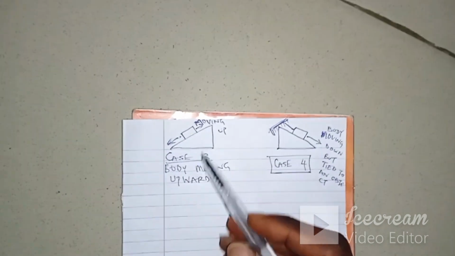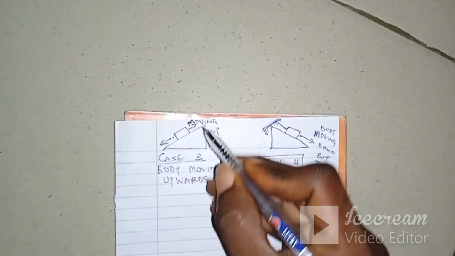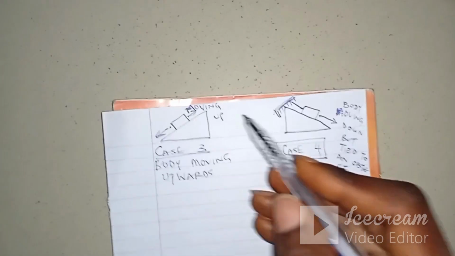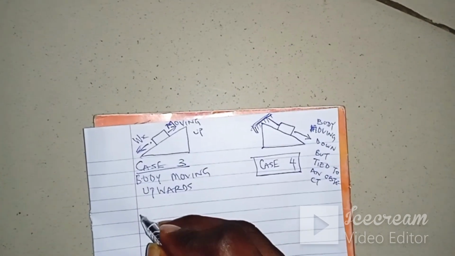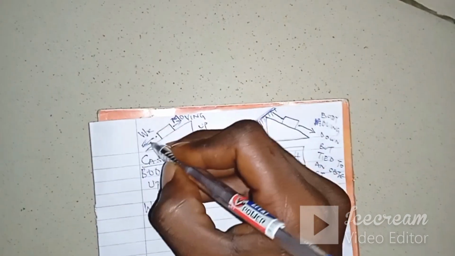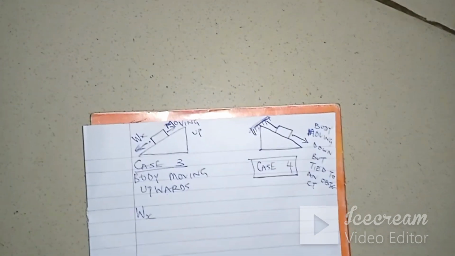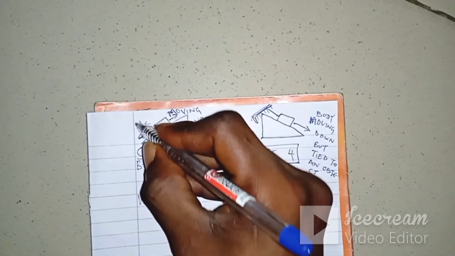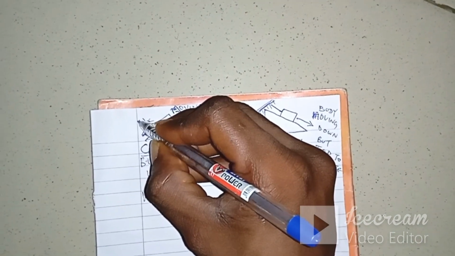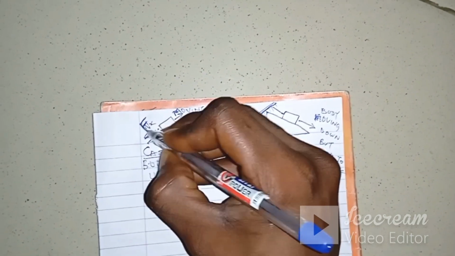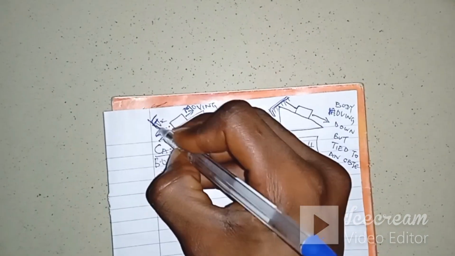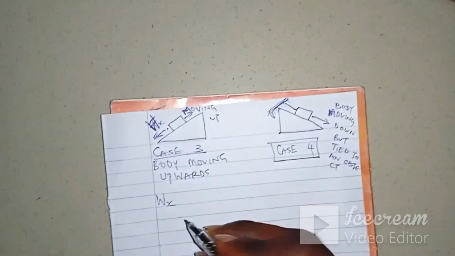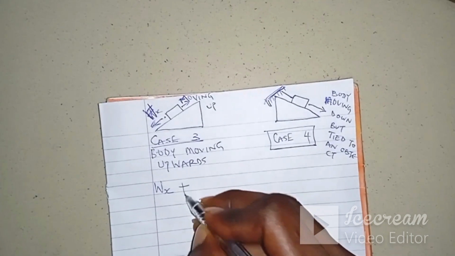So it's mg, and this time around it's the x-axis, and the component on the x-axis when it's an inclined plane is mg sin theta, the way we found it. So it's going to be Wx, the force on the x-axis, or you say weight on the x-axis. I prefer to use force on the x-axis, but let me just use W since we've started with W. So plus,